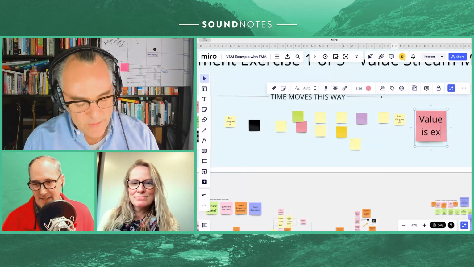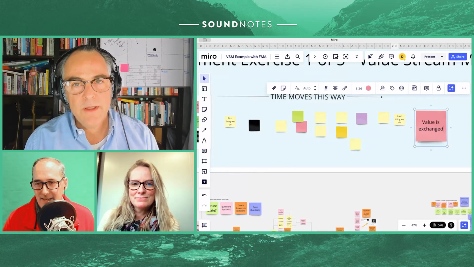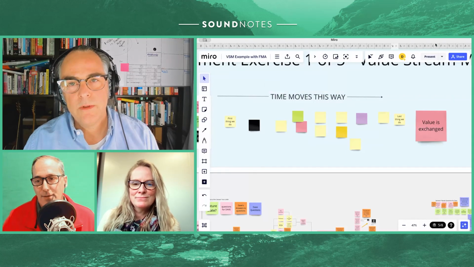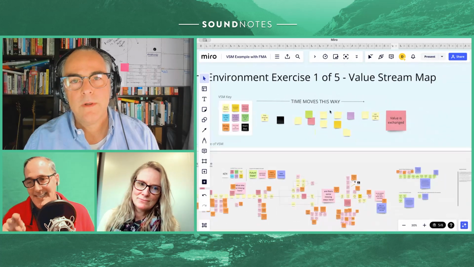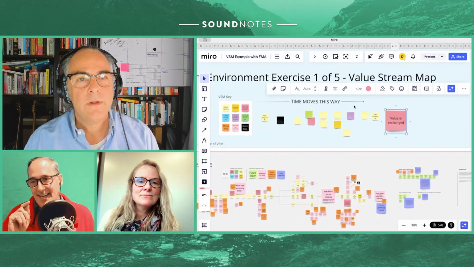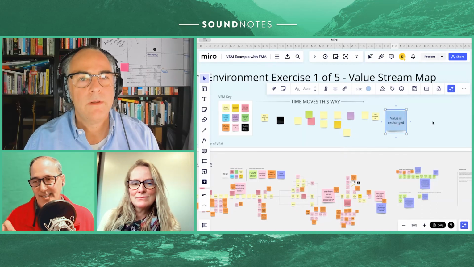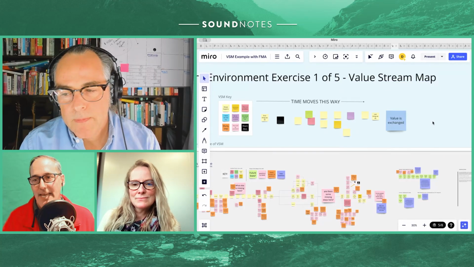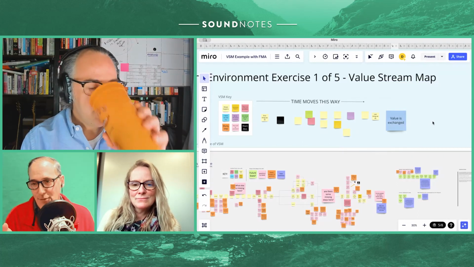Oh, okay. Well, maybe then we definitely have to talk about that, because exchange between who? So this is value for who? Well, what you have without that sticky is what I would call almost a value stream map, but it's missing the point of the whole story, which is, why are we doing this thing after the last step? And if we're doing this thing at the last step and it actually gets you to that blue sticky,